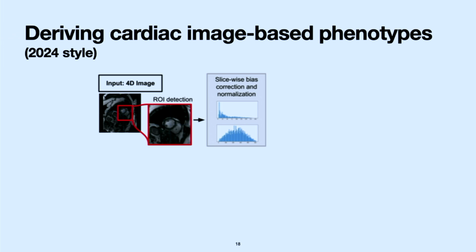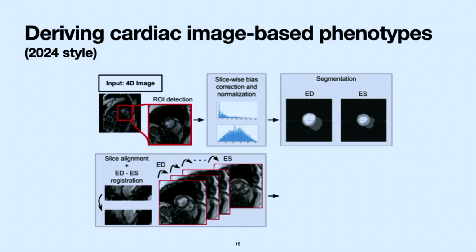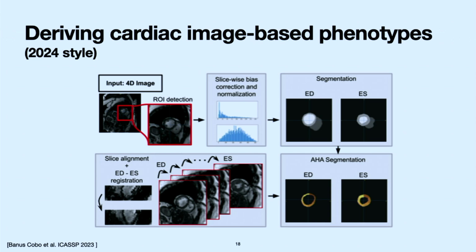You can apply on a number of things. You can do segmentation. Nowadays, this is not necessarily completely routine, but let's say that the bar is very high. So the heart is reasonably easy to segment in most contrast, in most sequences. And so this you can adapt a little bit, and then you get your end-diastolic segmentation and systolic segmentation. You do all this image processing, so slice alignment, etc. You propagate the labels. And then again, you can even sub-segment in this AHA segment, so this American Heart Association segment, if you want to look at sub-parts of the heart.